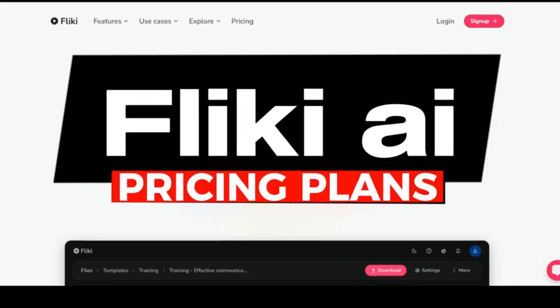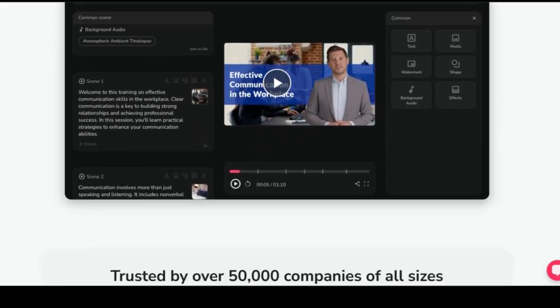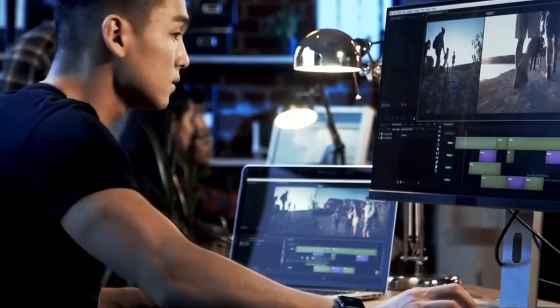Fliki AI. I'll explain all Fliki AI pricing plans and features,